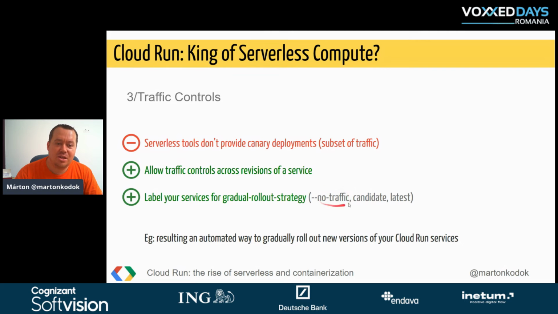It doesn't have any traffic, but you get a specific URL for that revision, and you are able to run your tests. When your tests finish and are successful, you can make a candidate one. That revision could be revision 25, let's say, and you can have a gradual rollout strategy,